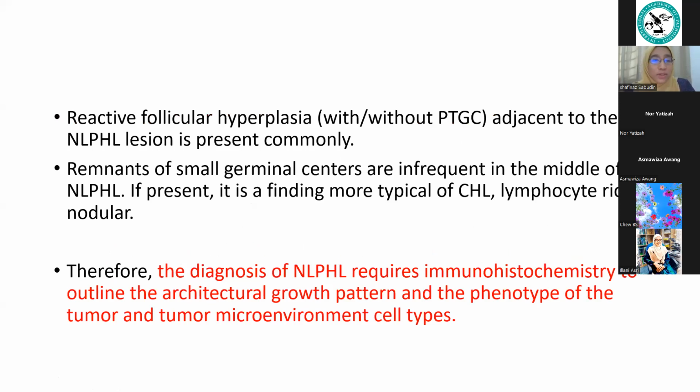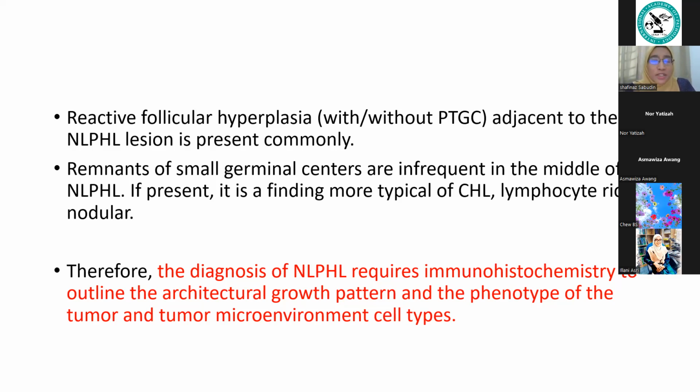Okay, another thing you can assess is whether there is any presence of reactive follicular hyperplasia with or without PTGC. PTGC is progressive transformation of germinal centers adjacent to the nodular lymphocyte predominant Hodgkin lesion. If it is present, then it is more in favor of nodular lymphocyte predominant Hodgkin lymphoma. You can also assess for remnants of small germinal centers in the tissue. If present, then it is more likely to be the classical Hodgkin lymphoma, lymphocyte-rich, differential